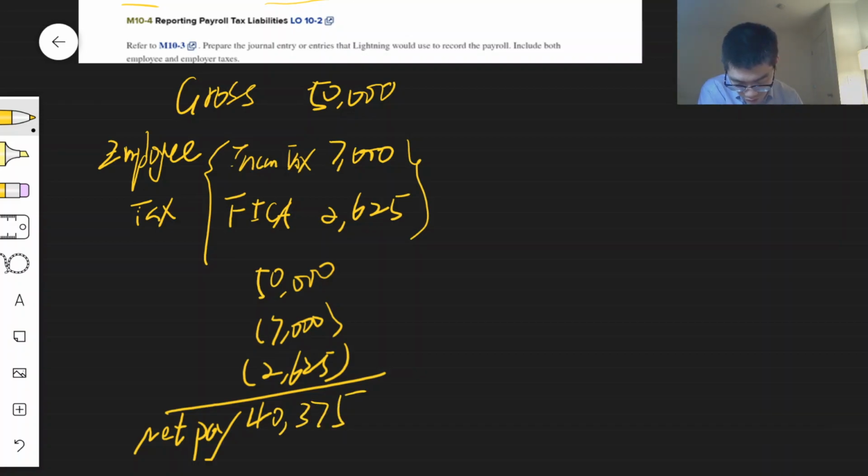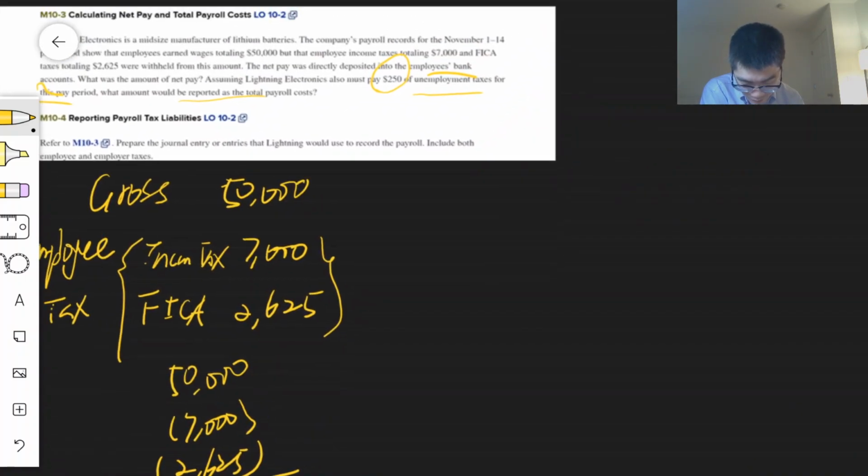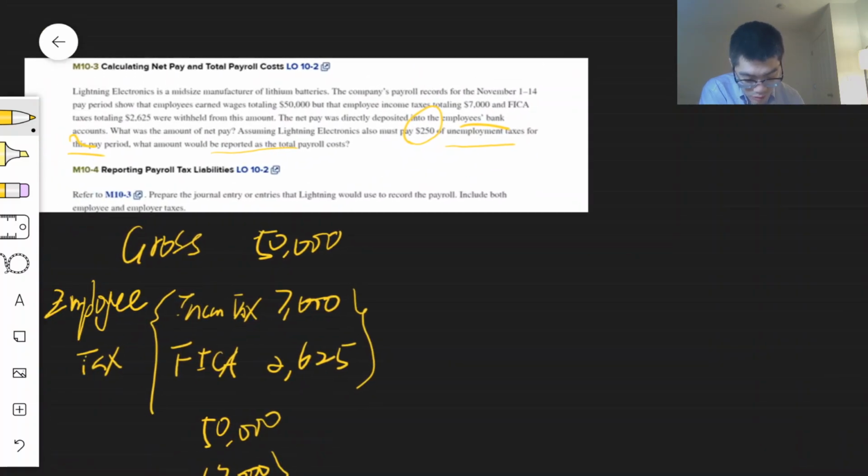$375. Okay, so this is the net pay. This amount of net pay is what employees will walk home with. And what else? Also, the company has to pay